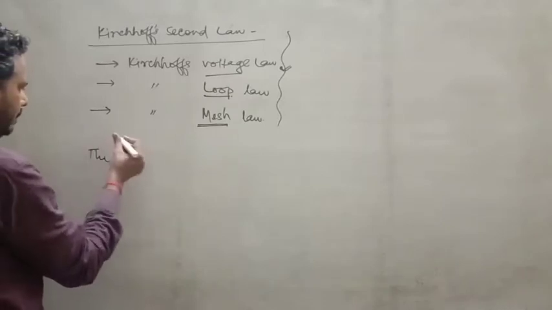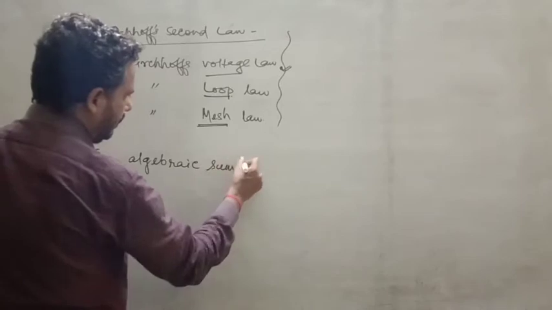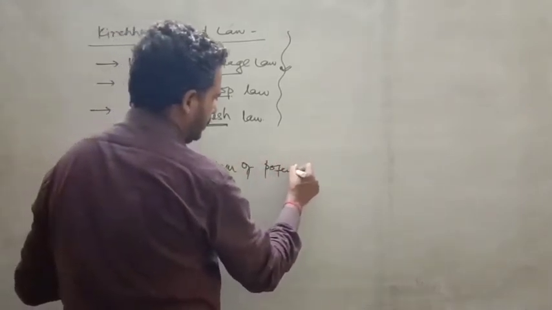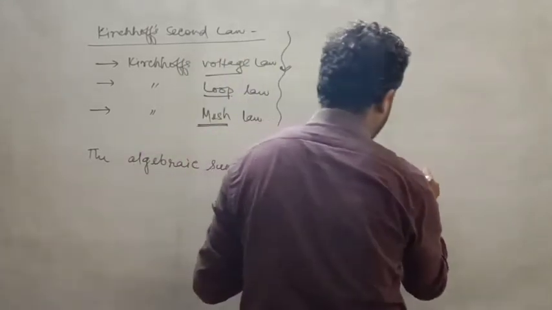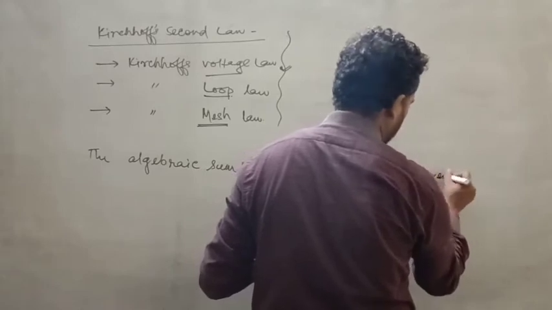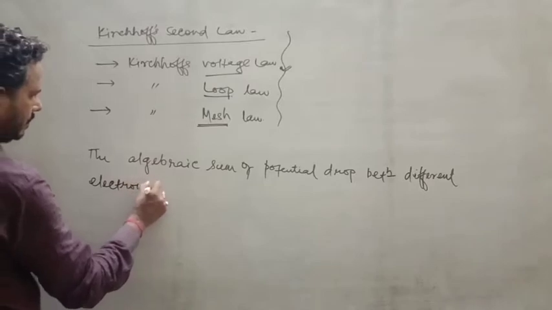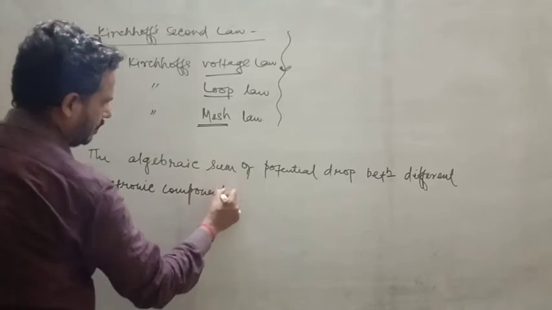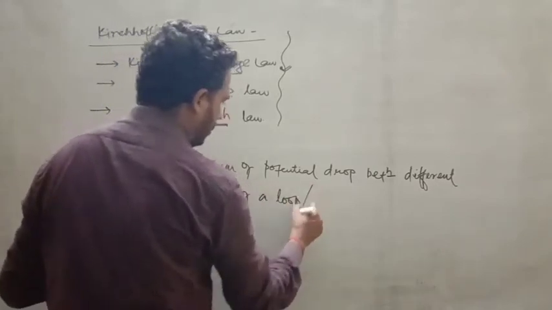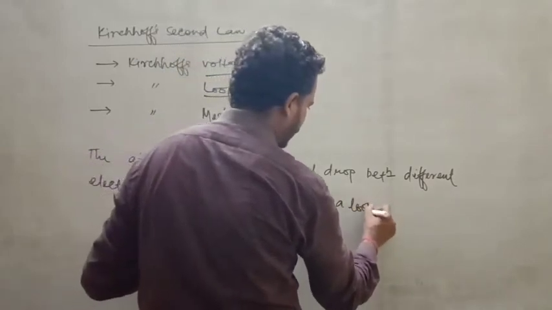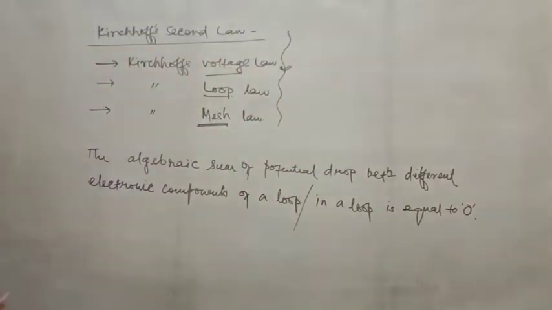So the algebraic sum of potential drops between different electronic components of a loop, or in a loop, is equal to 0. That means